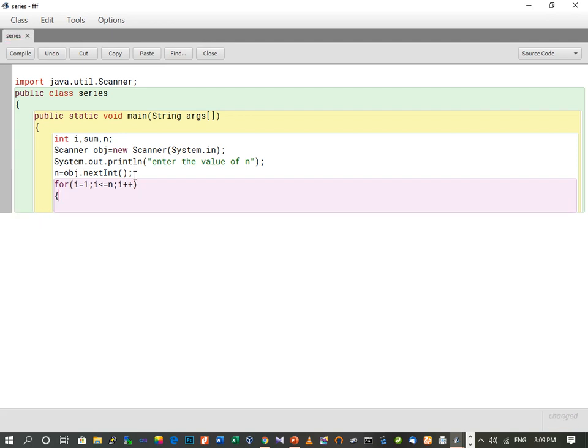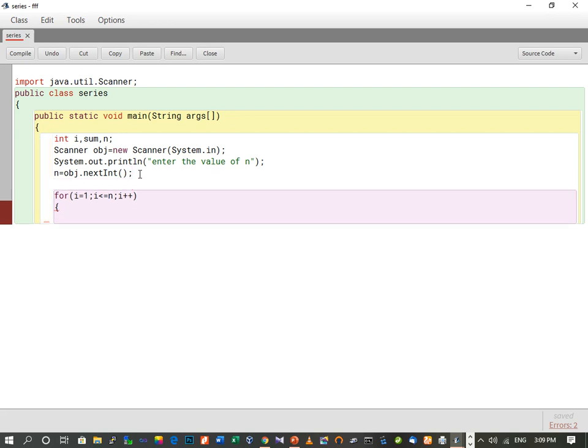So for that we have taken a variable over here, sum. If you're doing any calculation type of program, the first thing you should do is initialize a value to the variable. Otherwise the compiler will allot a garbage value and you will not get a correct output. So here we have allotted a value 0 to the variable sum, and next we are going to sum all the values of i. So sum equals sum plus i. This is going to sum up all the values of i, and then I will show you the dry run of this program, how this will get executed.